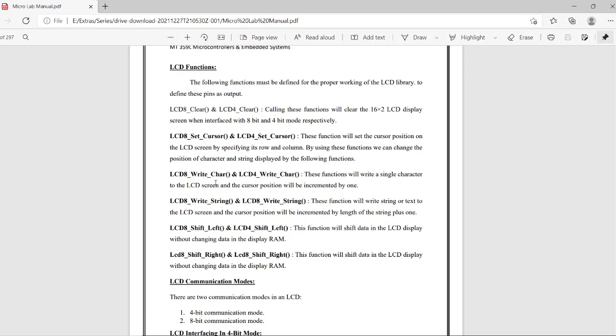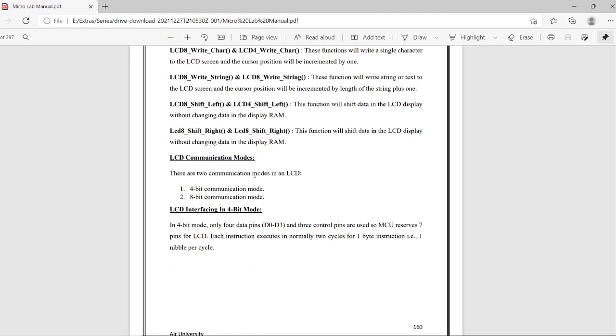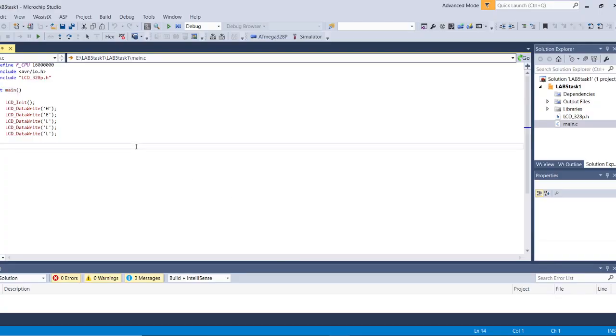All of these functions are defined in a separate header file which we created earlier. So I will be showing you that header file in just a moment. And we will be using the LCD in 4-bit mode instead of 8-bit communication mode. So if I go to my